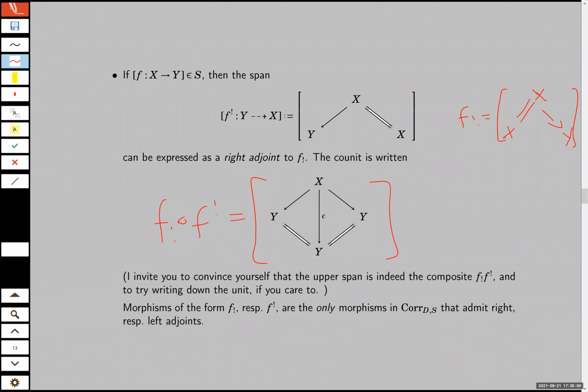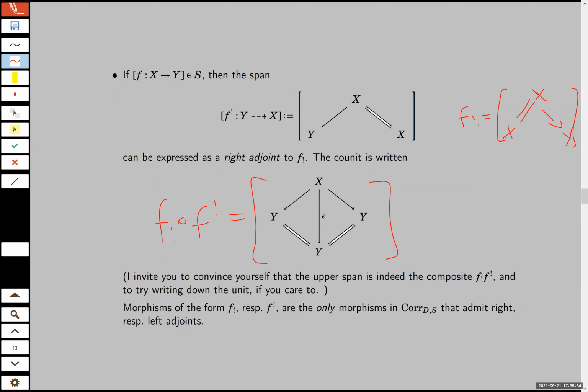The adjunction data is expressed by a unit and a counit, and it's just expressed sort of tautologically by this map. If you write down the composite in the opposite direction, you'll be able to guess immediately what the unit should be, and then it's just a sort of tedious exercise to write down the proof of the identities that they're supposed to satisfy, the triangle identities. And in fact, there's more than that. You can actually identify which morphisms are in D just from their properties as morphisms in the 2-category.